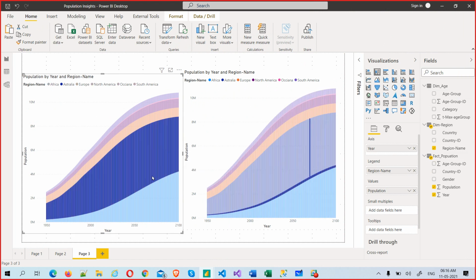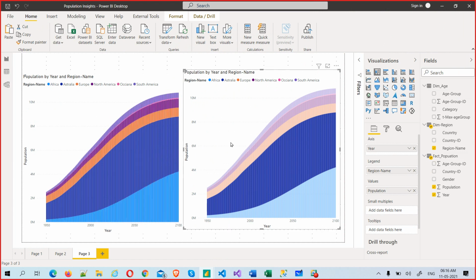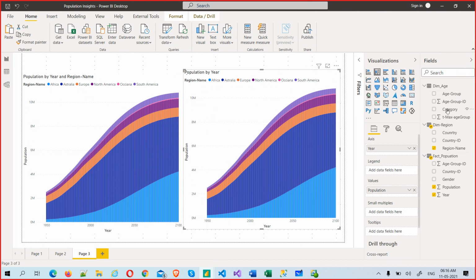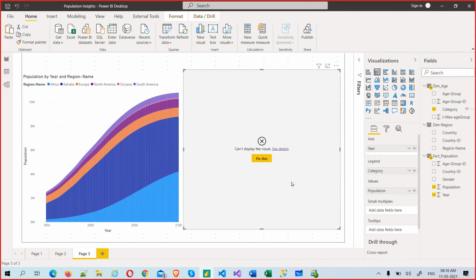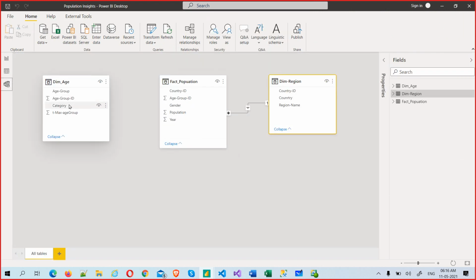Okay, so what is this? Both are the same actually, but I don't want to have dim region every time. I want to have a category here. See, this is having a problem. Why? There is no relationship with category, no relationship between this and this.